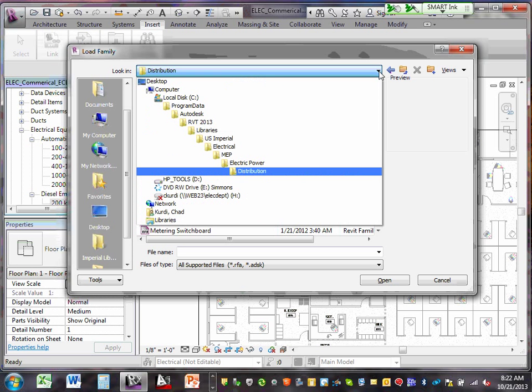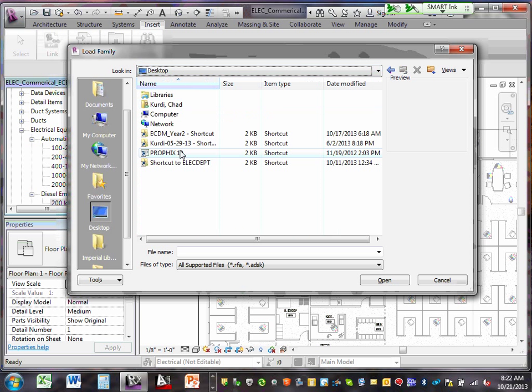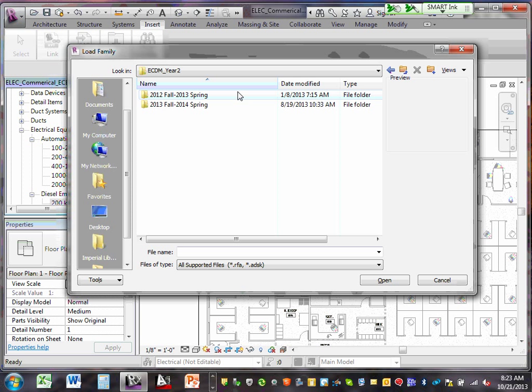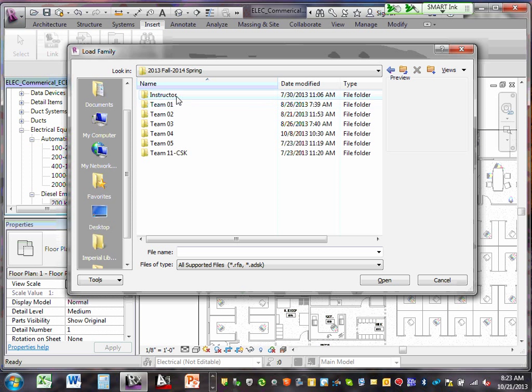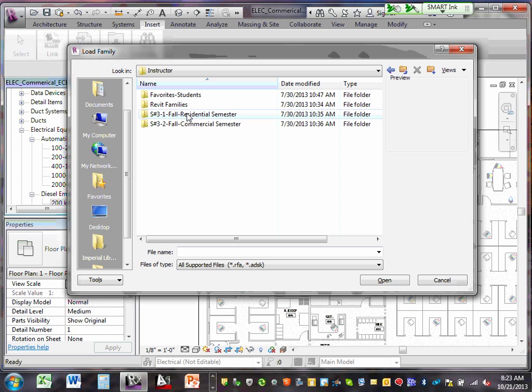So do me a favor, click here, go all the way. Now this is going all the way to your desktop, and then shoot yourself all the way to your folder. Make sure you go, if you can't, go back one step, one view back, up here. You reach this folder, right? When you go there, if you go to the instructor folder, you should be able to see Revit Families. One more time. To go back one step up, you click on that button. So when you go to Revit Families,